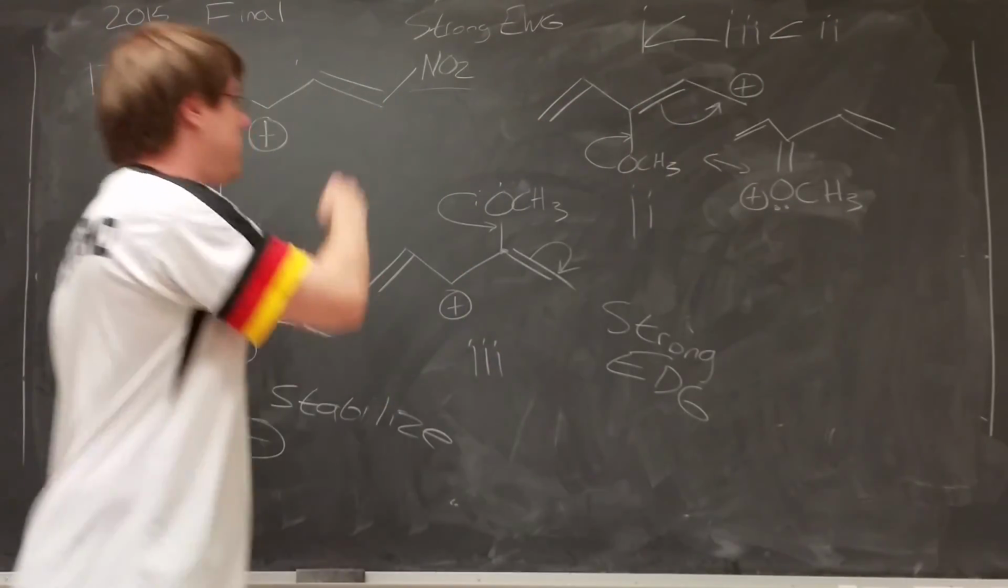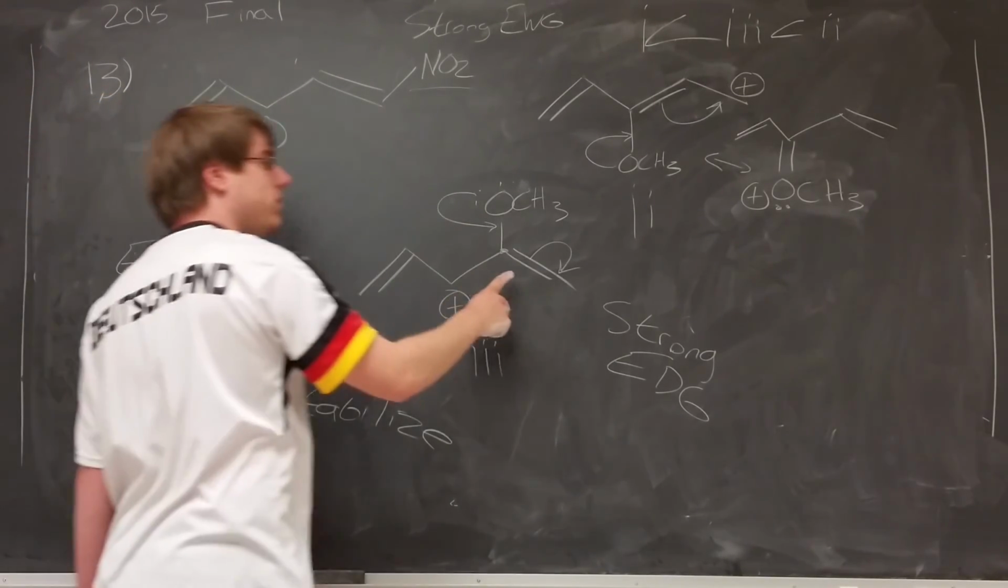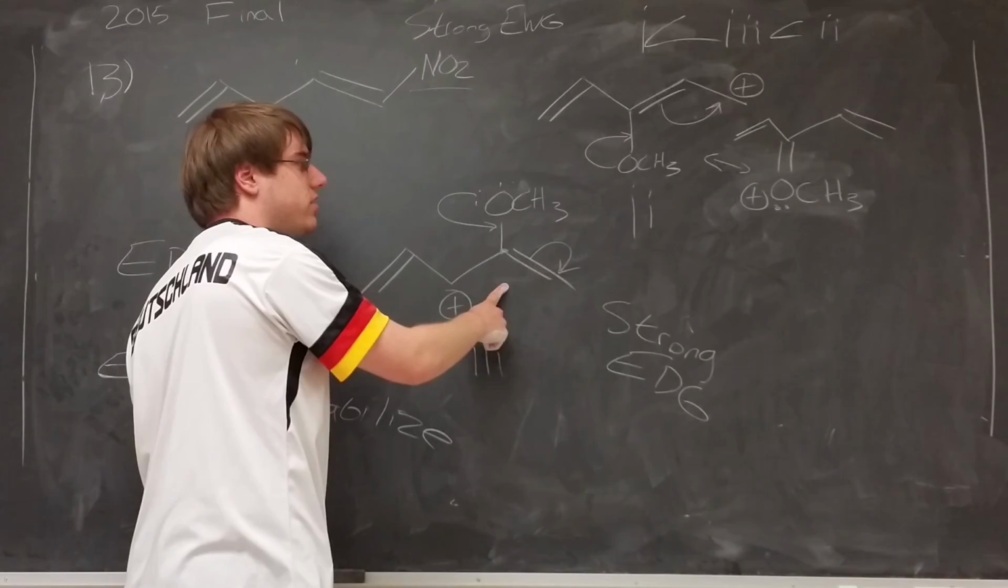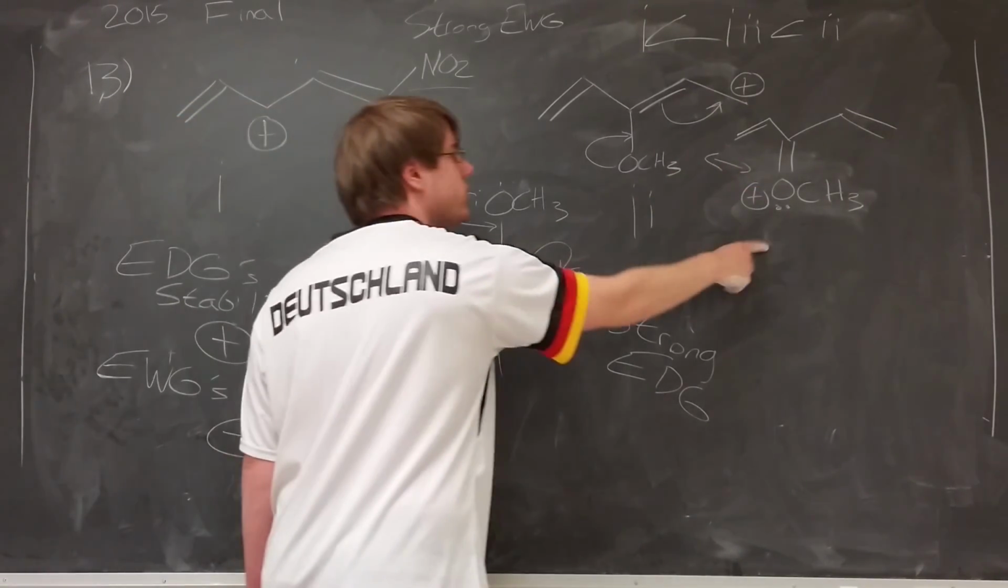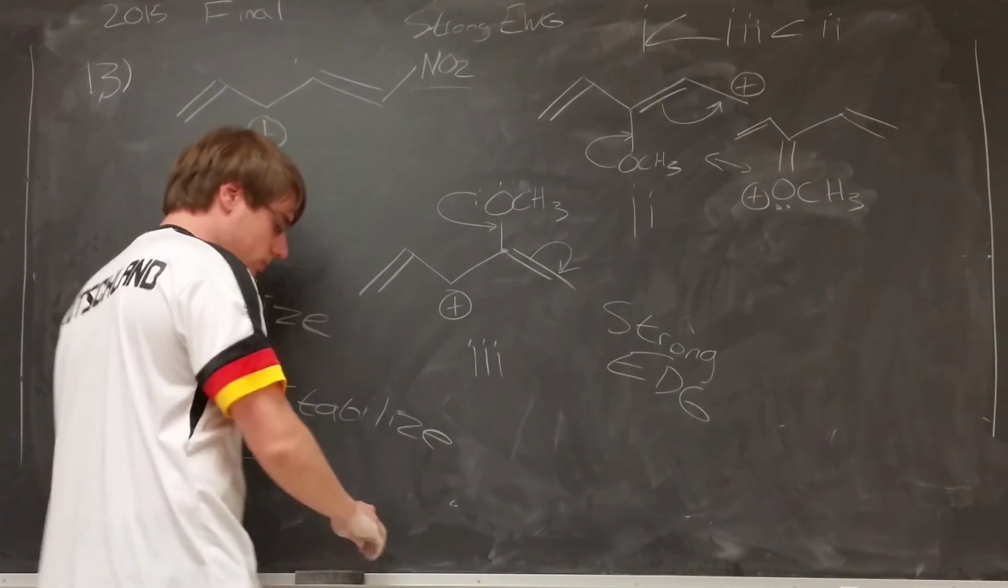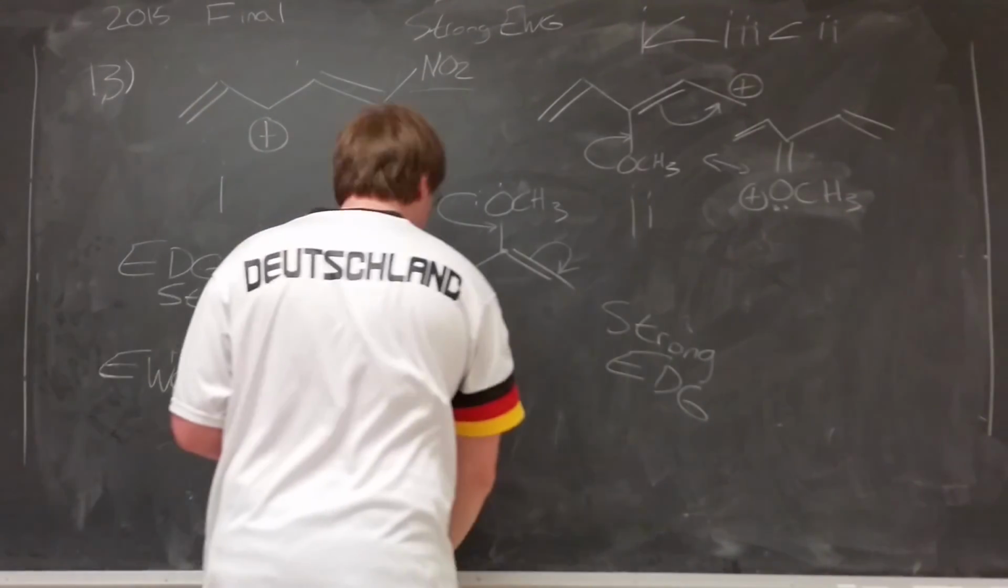It's better than 1 because it still has a donating group rather than a withdrawing group, but because it can't resonate with that positive, because you can't actually get the positive on the oxygen, this one is much better. And so the answer to this question was choice